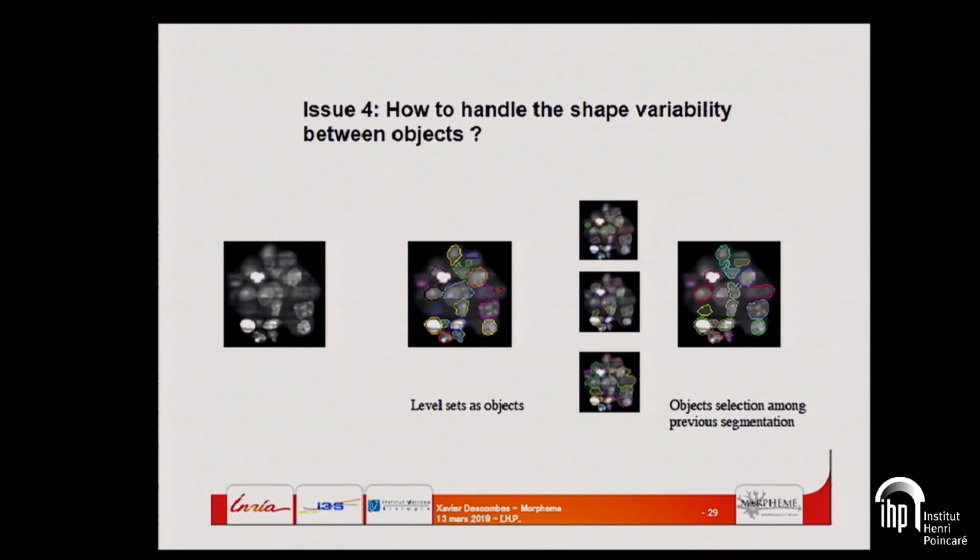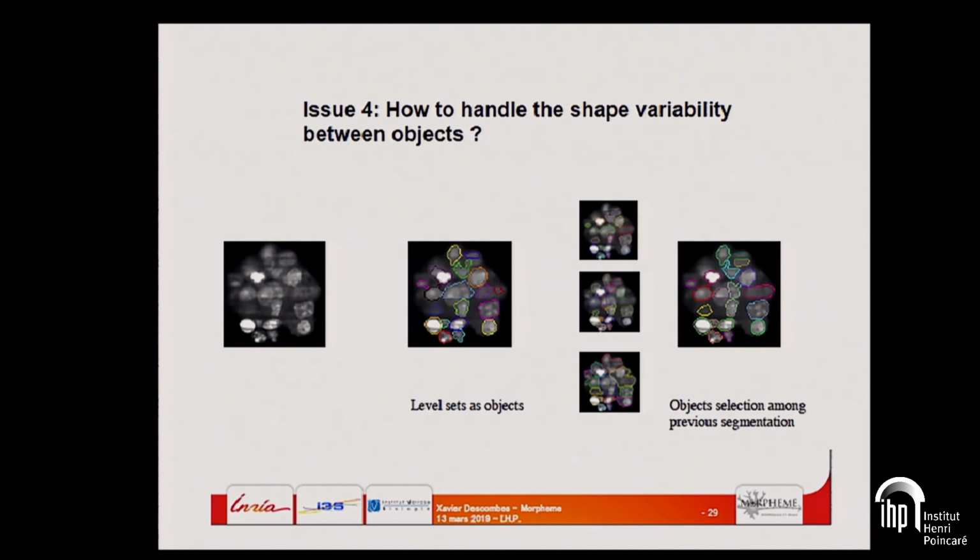Here it's work about shape variability. We have what is called a spheroid, let's say a synthetic tumor. I don't know if some biologists will complain about this. You have some cells, cancer cells, and the problem is that you have very different shapes. This is a problem for our framework, because up to now I have defined only parametric objects. Here it's not an ellipse, it's not a rectangle, it's not even a superquadric.